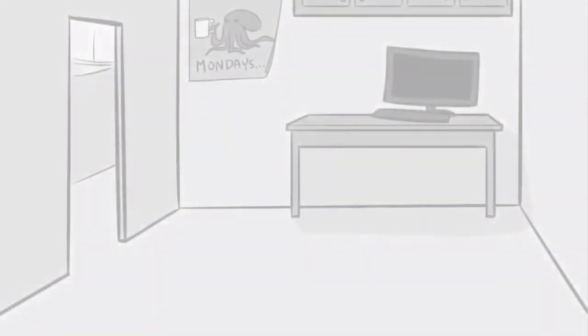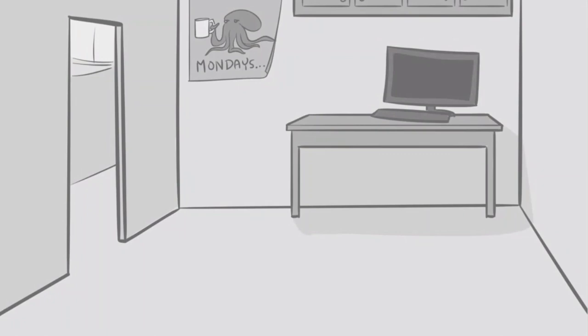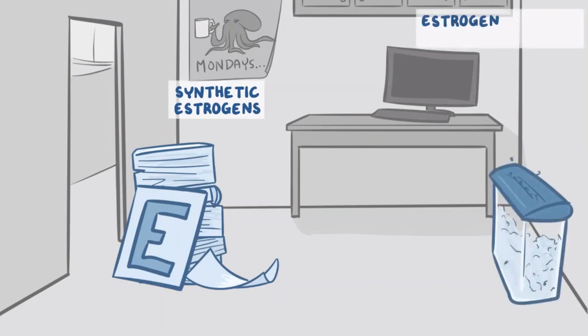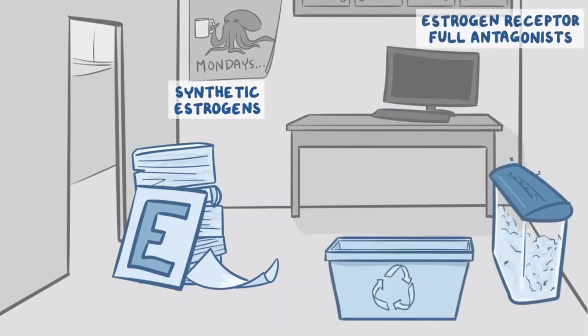Now let's make a simple and fun mnemonic that'll help you efficiently memorize these pharmacology facts. So first, let's go to an office where there's a big pile of paper with the letter E on them. And this is where we'll put the estrogen receptor agonists, or synthetic estrogens. On the other side of the room, there's a paper shredder which represents estrogen receptor full antagonists. Between the paper and the shredder, we have a recycling bin where we'll put the SERMs that act as both